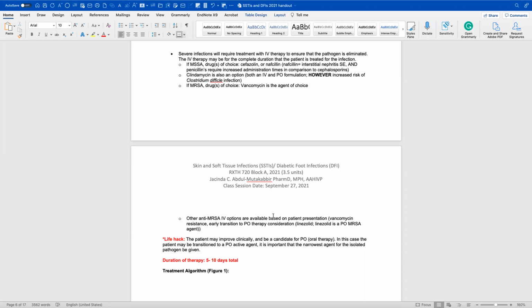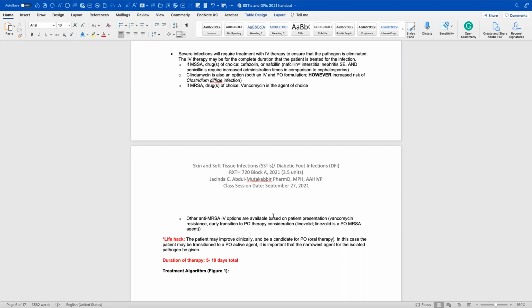So we're always kind of mindful of how we use clindamycin in these instances. In the event that this patient has an MRSA infection, then you'll go ahead and you'll use vancomycin as that drug of choice. And then other anti-MRSA IV options are available based on that patient presentation, meaning that they have vancomycin